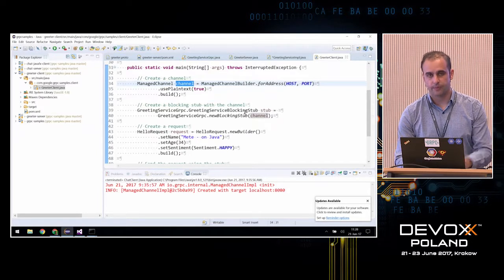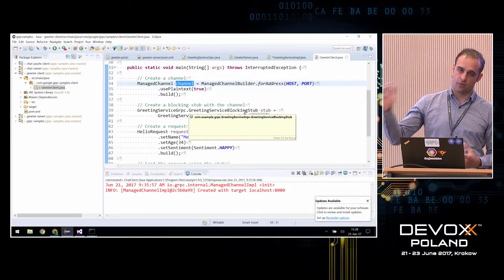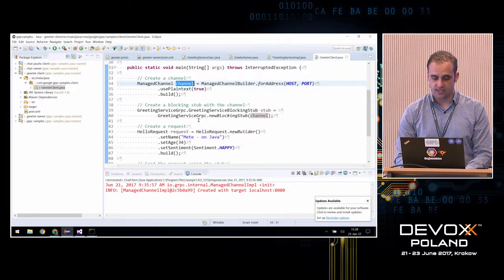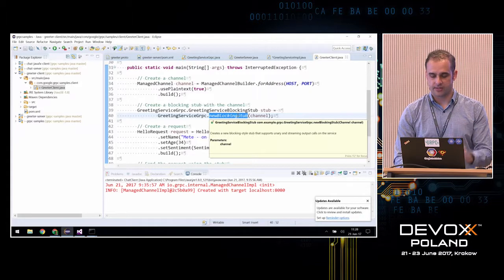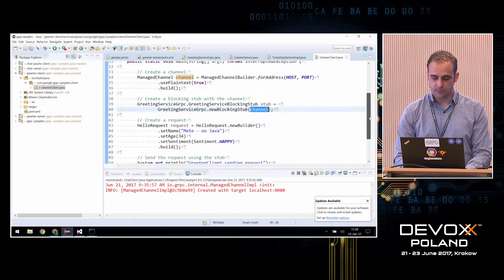But I want this stub to be blocking. So when I make a call to the server, I want it to block. So I, again, use this generated class and say new blocking stub. So give me a blocking stub, and I pass in my channel. And from the stub,